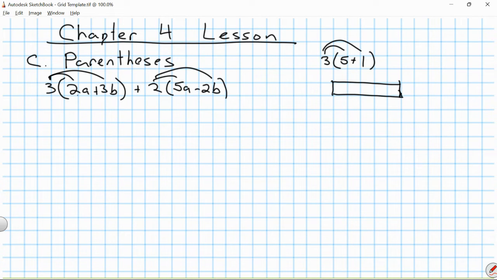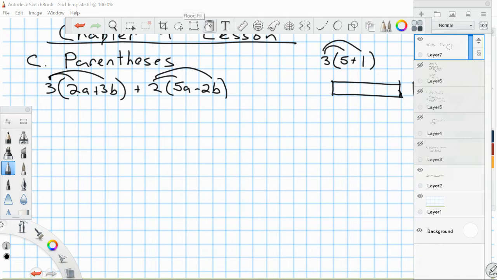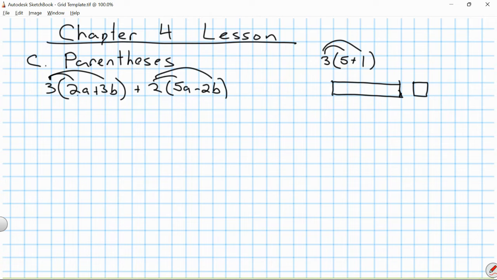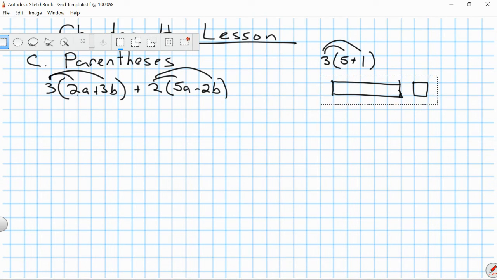Here's 5 blocks, and here's 1 block. And multiplying by 3 means I'm going to put it together